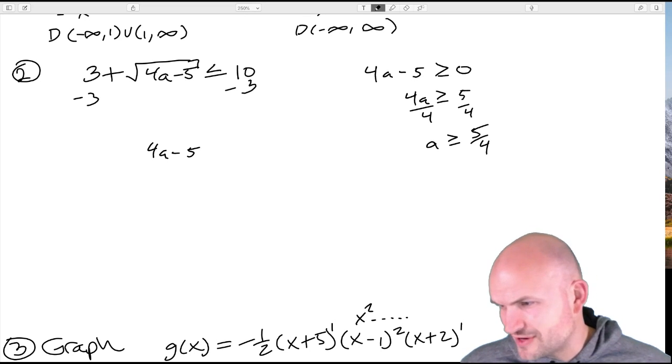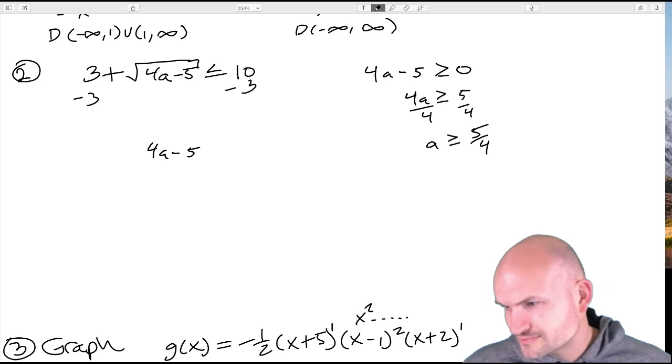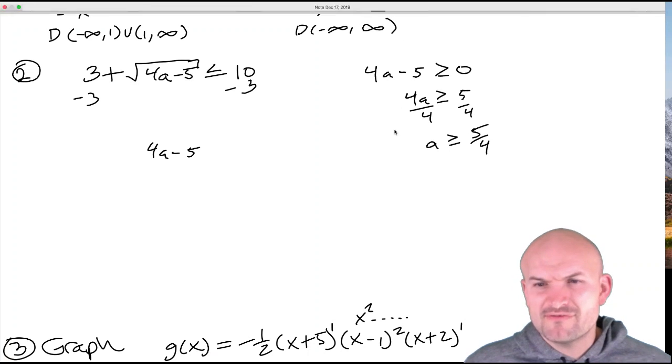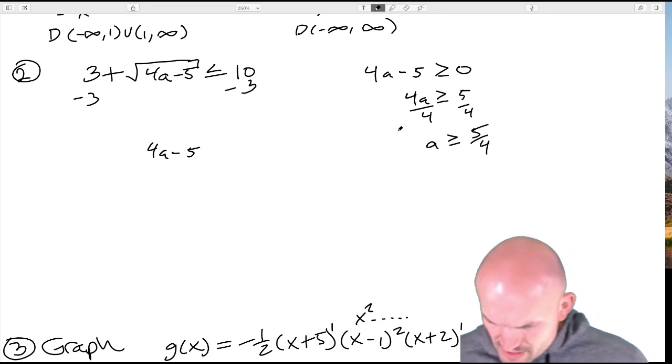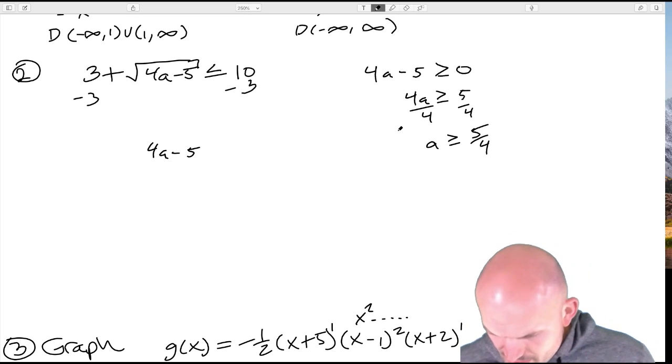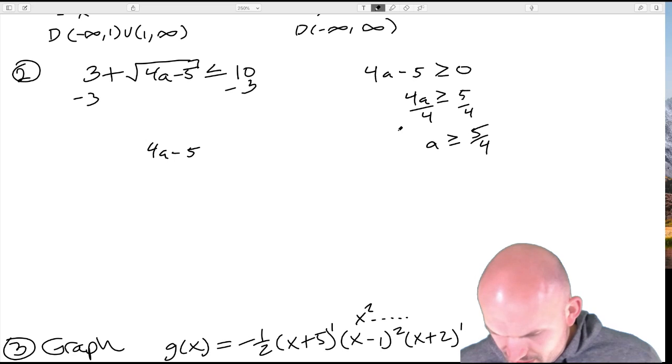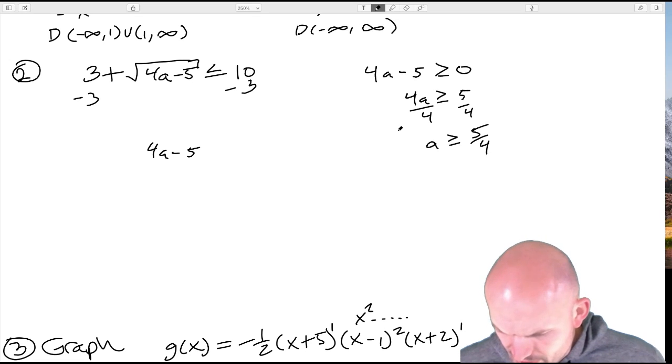Keep on coming with it, Dimitri, because I'm very interested to see what I went through on that, or what else I'm missing. So a has to be greater than or equal to 5/4, which I think, hold on a second. Did I? Yeah, that was looking for my extraneous. There we go. Well, hold on a second. Come on. No. Where are you?